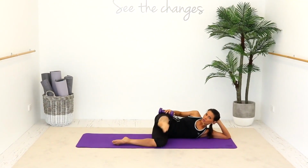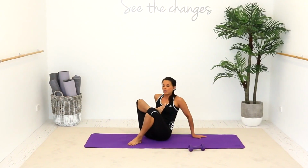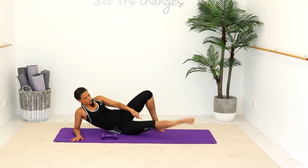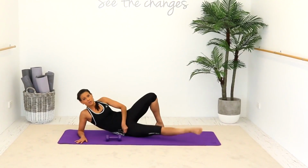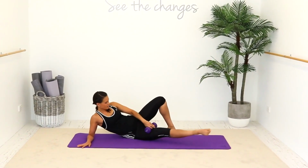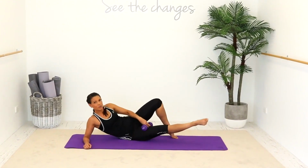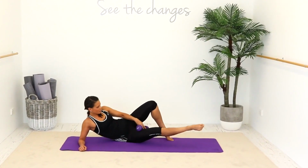So you're really stretching out before we move to the other side. So bring it over. Your kneecap is definitely facing the front of the room. The position your leg is in, that's key. The higher you have your leg, the more you're going to feel it in the...